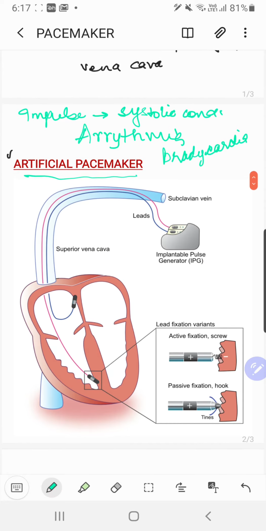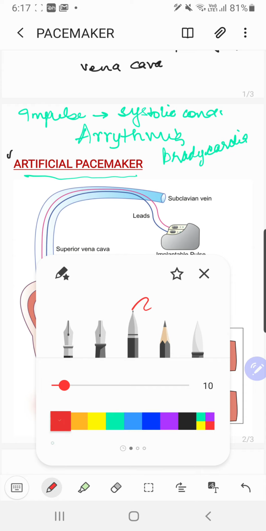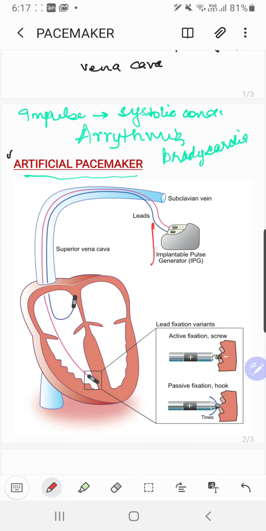So this is the device, right? You can see an implantable pulse generator. Now this is an artificial pacemaker. Implantable means you can implant it inside the body without any allergic reactions. So what is the implantable pulse generator made up of? It is made up of an outer capsule. The case is made of titanium,